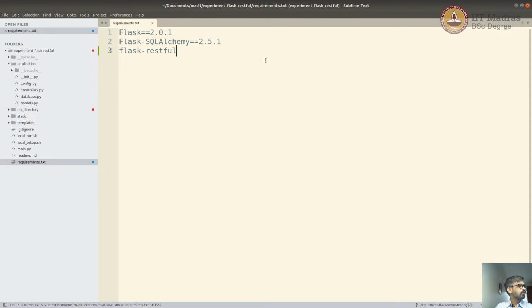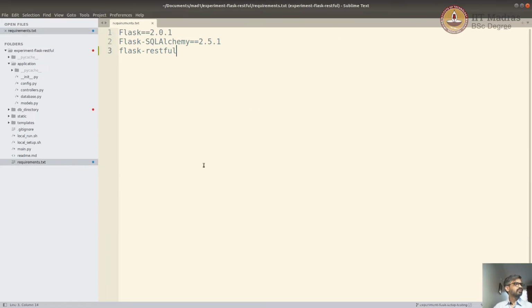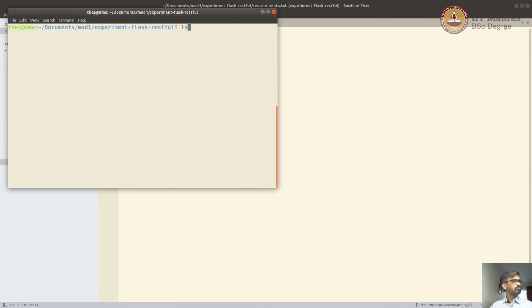Then I'm going to call my local setup. It's just going to create an environment, activate it, and install the things in the requirements.txt. Since we have added Flask-RESTful, it's going to install that also. Let's start with that. So I'm going to do ls. I'm going to do